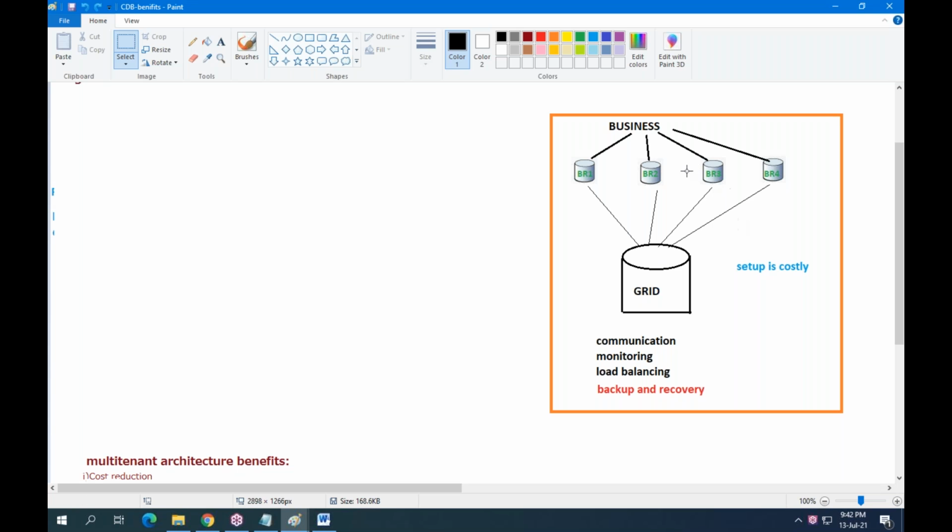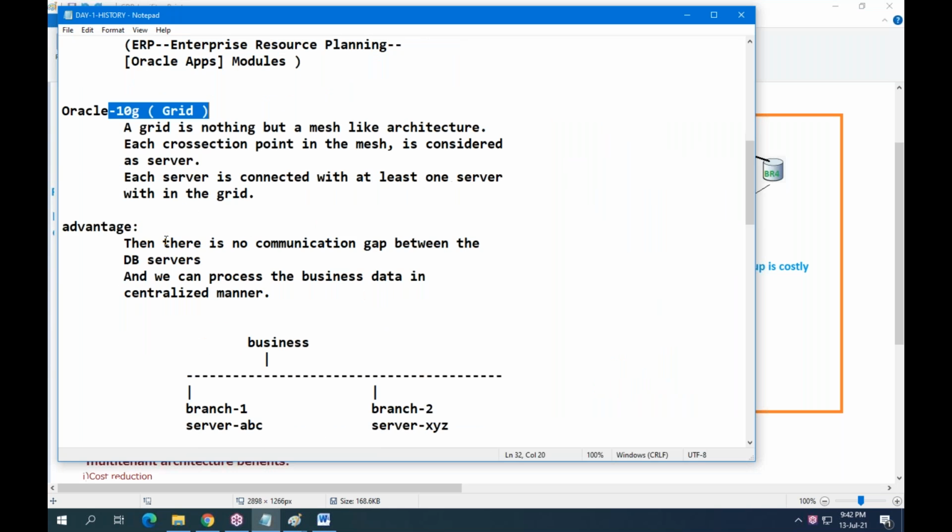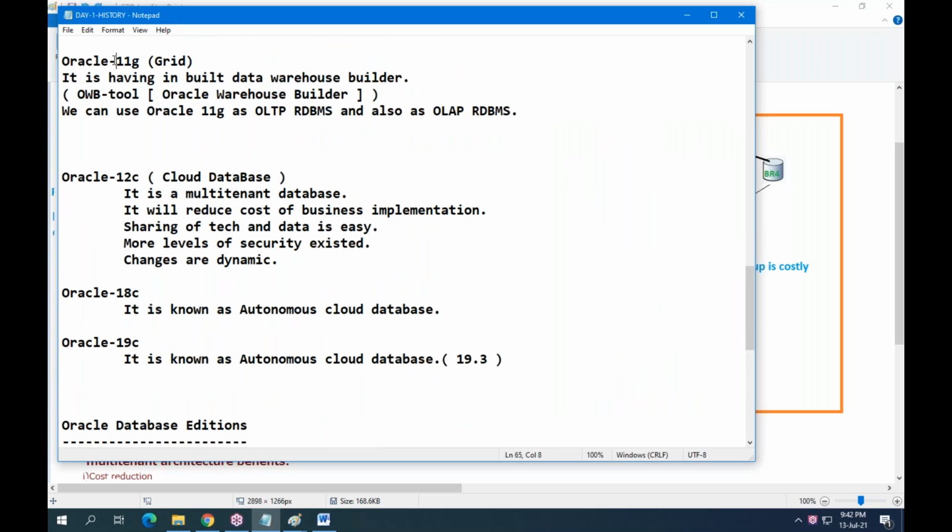That is the advantage from 10G. And later, the next version is 11G. It is also similar to 10G.